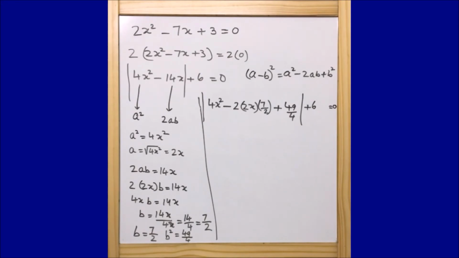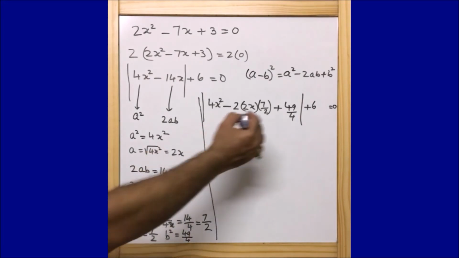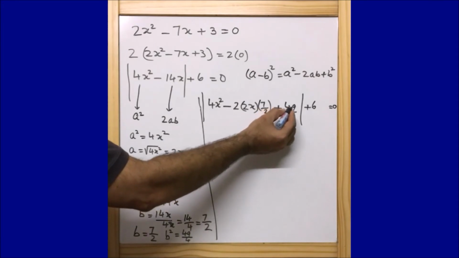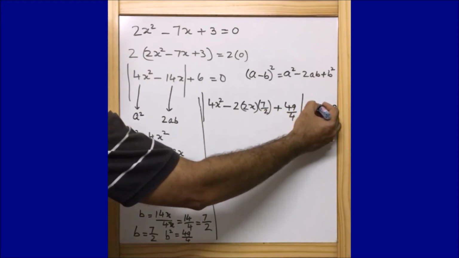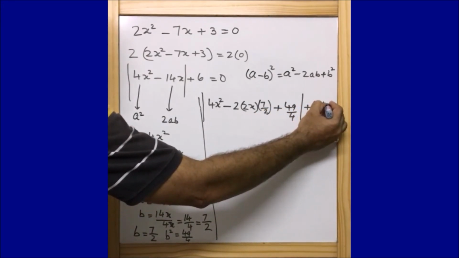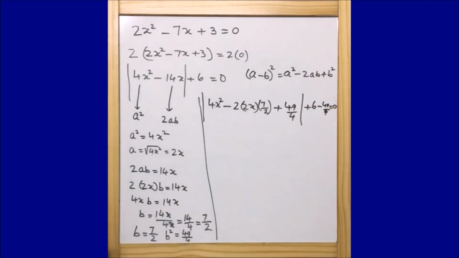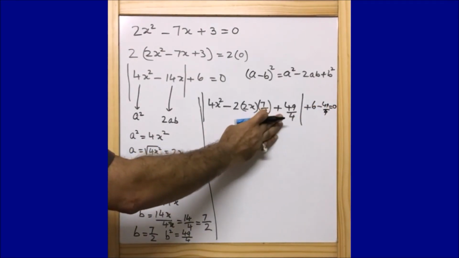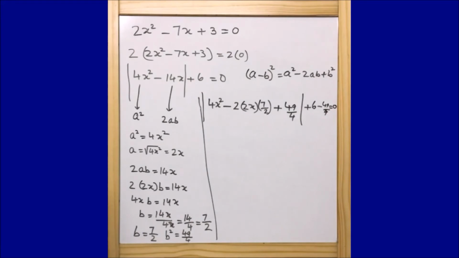If I am adding something, that means I need to also subtract that particular thing, so that the overall effect should be 0. That means as I have added 49 by 4 here, I am going to eliminate this 49 by 4 here, saying plus 49 by 4, here I am taking this one as minus 49 by 4. Hope guys till here we are pretty clear.